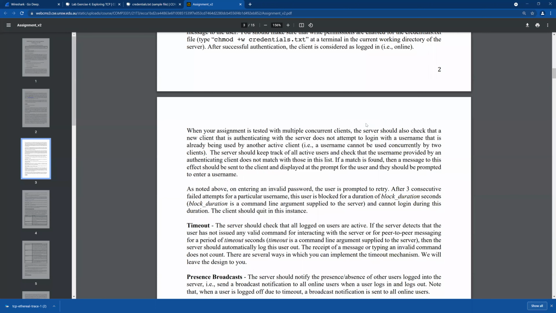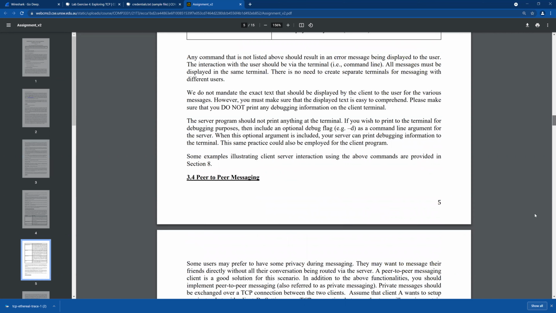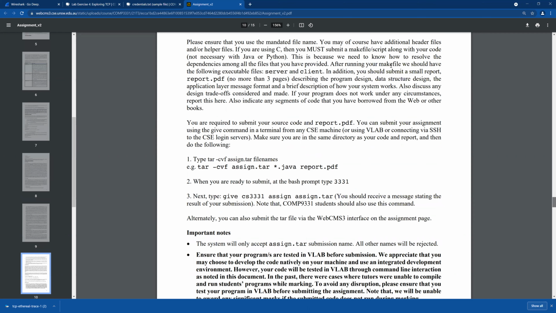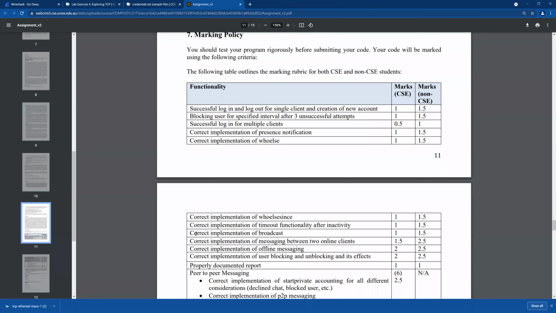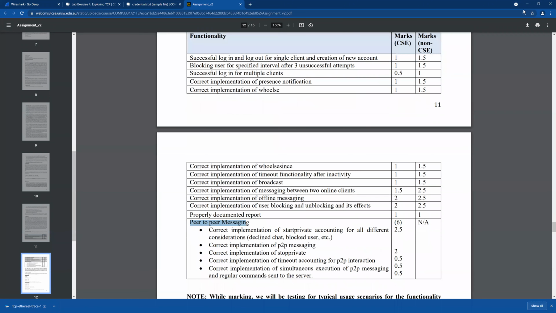And I'm not sure if you are from the CSE faculty or from a non-CSE faculty. I think most of our students are from the CSE faculty, right? We have different tasks for CSE students and non-CSE students. So for CSE students, we are required to do the P2P messaging part, which means